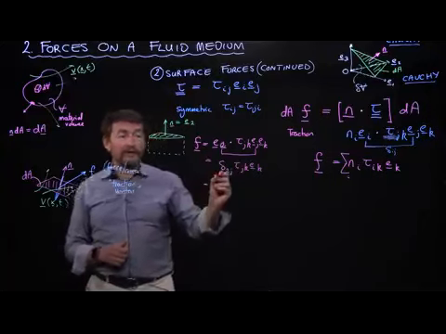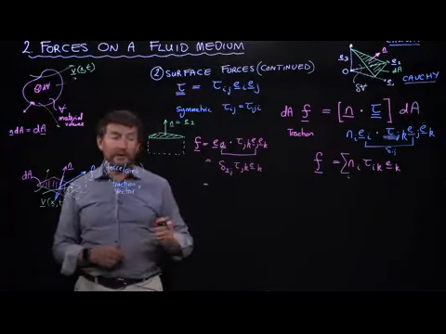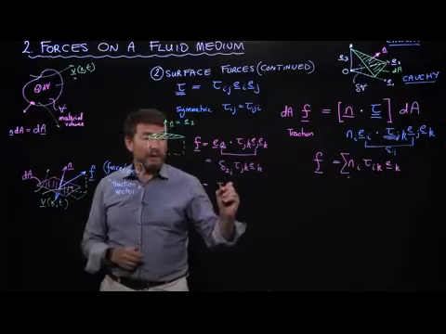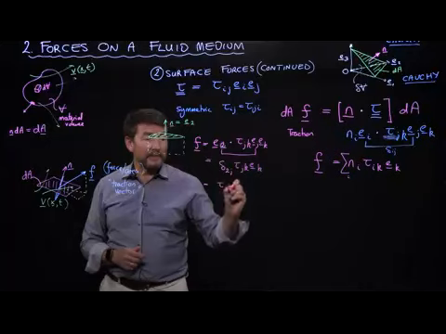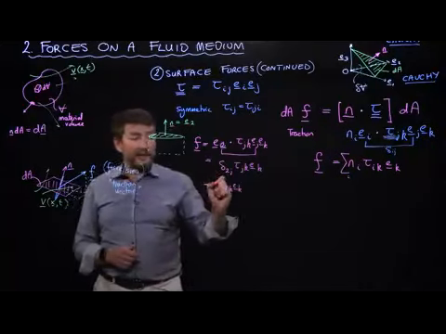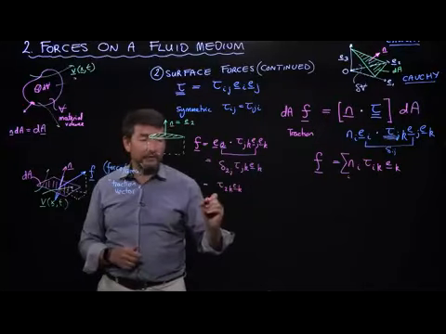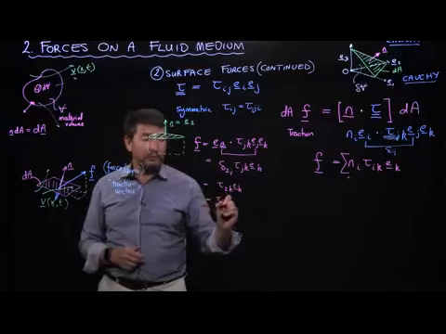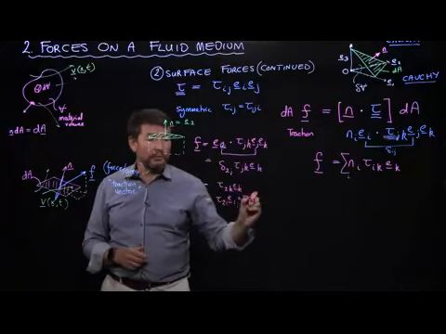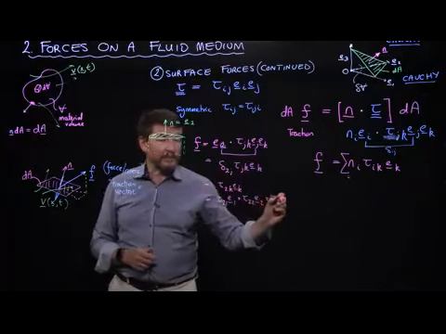So we can find that this Kronecker delta is only going to be non-zero when j is equal to 2. And so then we will have tau 2k ek. And again, that's going to be written for all of the different values of k. So we can write this out as tau 21 e1 plus tau 22 e2 plus tau 23